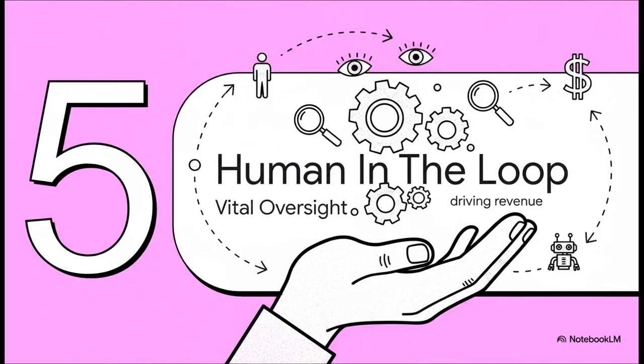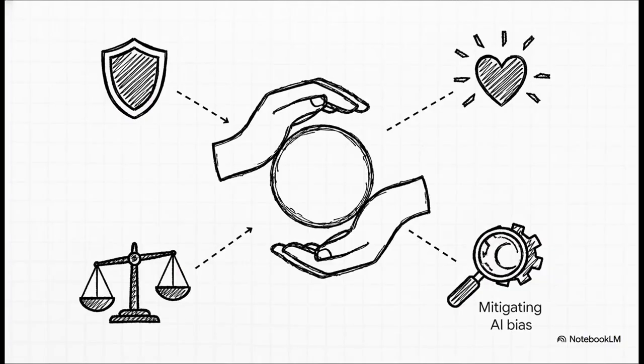And finally, let's wrap up with Section 5, the human in the loop. Now, with all this autonomous AI driving revenue, it's pretty easy to wonder where we actually fit in long term. Let's ground all this excitement with some pragmatic reassurance about your job security. Human oversight is a strict necessity. Just look at these critical responsibilities. Brand safety. AI doesn't inherently understand what makes a PR disaster. Creative judgment. AI can generate 1,000 ideas, sure, but we are the ones who decide what actually resonates emotionally with other human beings. Then we have ethical oversight, managing the limits of AI originality and mitigating AI bias.